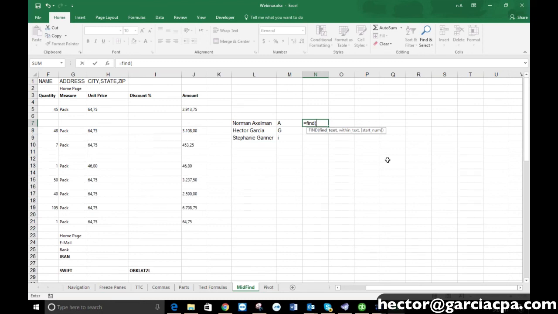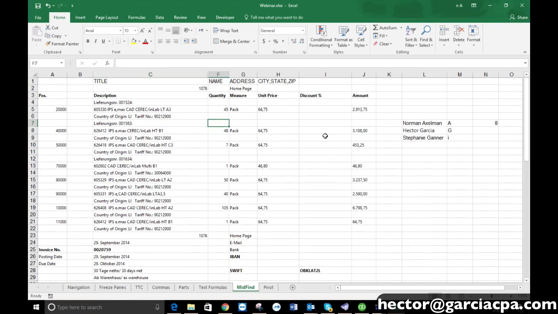When you are referring to text, any text within a formula in Excel, it must be surrounded by quotation marks. I want to find the letter A, comma, in cell L7, and I don't need a start number. That's not important to me right now. And oh my gosh, that is so cool. The equals find formula will tell you the number position within a cell where a character is. Now, let's go back and utilize this in our formula